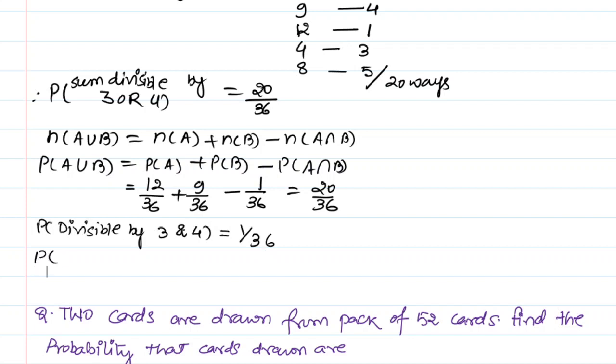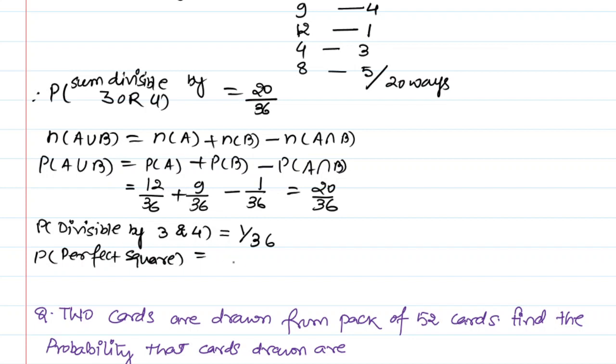Next part of the question is, it is a perfect square. Probability of getting the sum of the numbers as a perfect square. So what is a perfect square? Whose square root is possible. So what are the perfect square numbers that we have over here? The sum should be a perfect square.